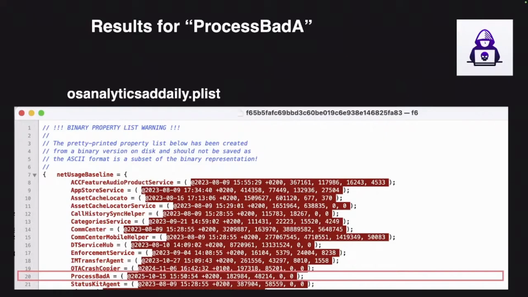Now, in terms of a backup, one of the first easy hits I had here is OS Analytics 80 Daily, that also contained evidence of this process executing. Some of the other sources that Amnesty, for example, mentioned, like data usage, I didn't do any simulations on a cellular network yet, so I don't have any traces there. So far, this is the only case,